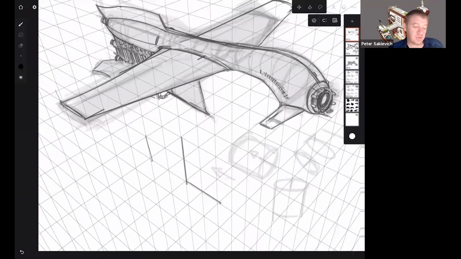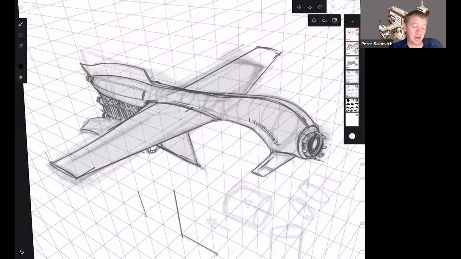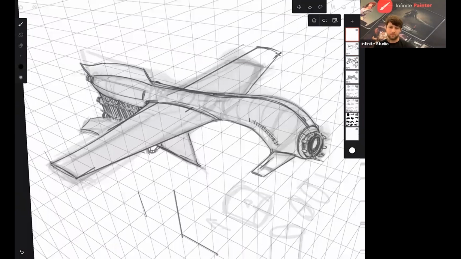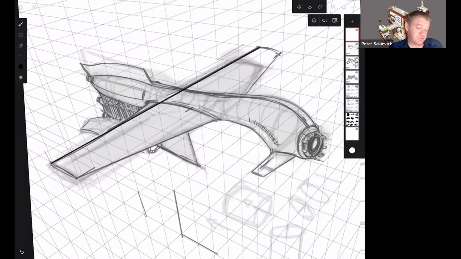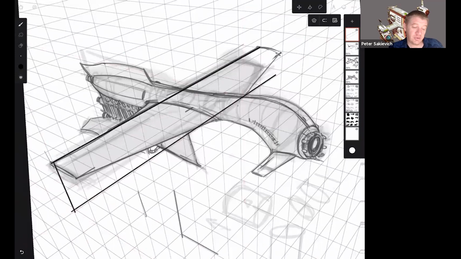Yeah, so I haven't been too picky about this. I can find out exactly how far away that wing should be, and most of the time I'm doing it by eye right now. But if I wanted to be really picky, I can draw this line across, and that gets me a rectangle in perspective. It can be a perfect square or a rectangle, just as long as it has right angles in perspective. Once I have that,